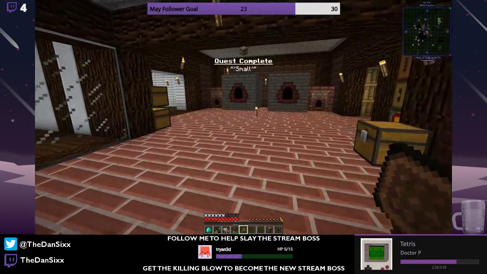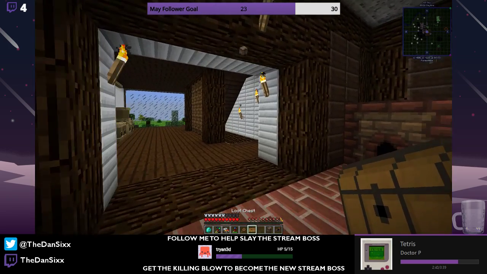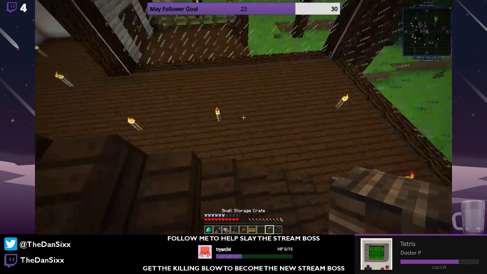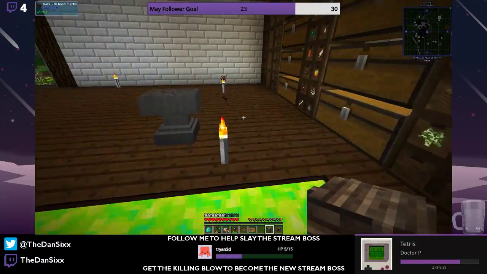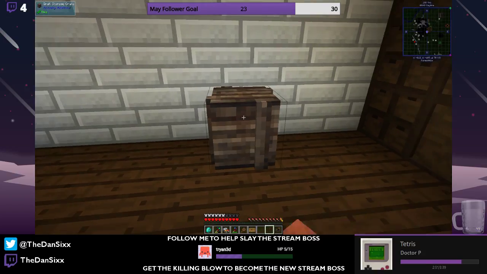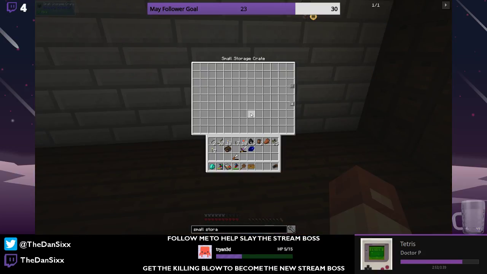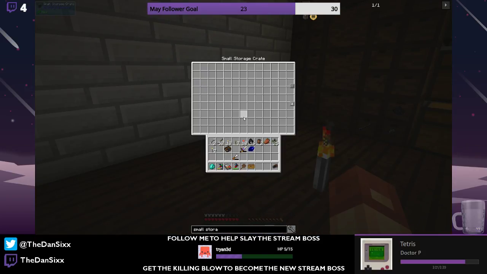Small storage crate, done. Alright, I'll claim another loot chest if anyone wants to take a guess in chat as to what this is going to be. Again, I'll give away 100 Dan coin, which is my chat currency. How big is that? Holy crap, that's huge. That's actually quite awesome. It's expensive, but